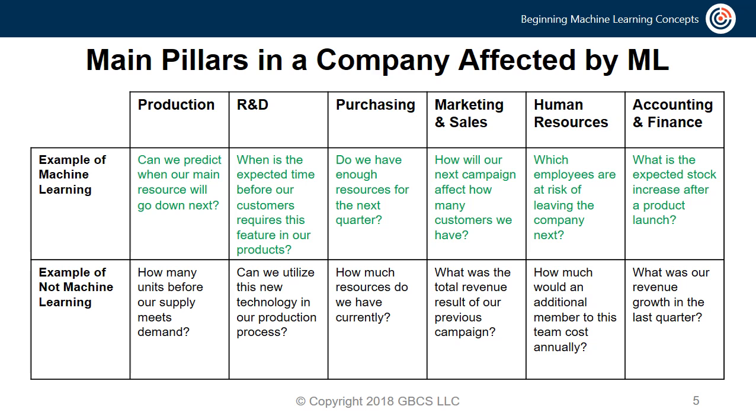Another pillar that will do very well with machine learning is human resources, especially in the very complex problem of who human resources thinks will leave the company next. If you can predict how long a certain hire or a current employee will remain with the company, you can choose to act accordingly in regards to the best interest of the company to keep projects and deadlines rolling. In contrast though, to determine if you can even hire another team member to a project, you will need their expected expense, which does not require machine learning and is just a trip to accounting.